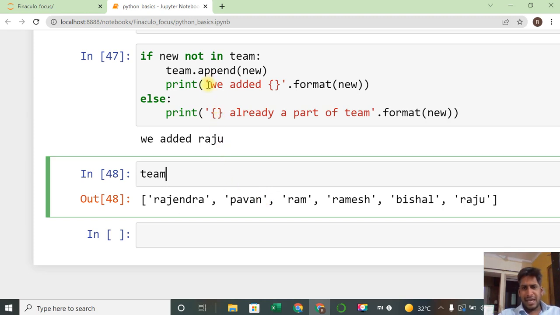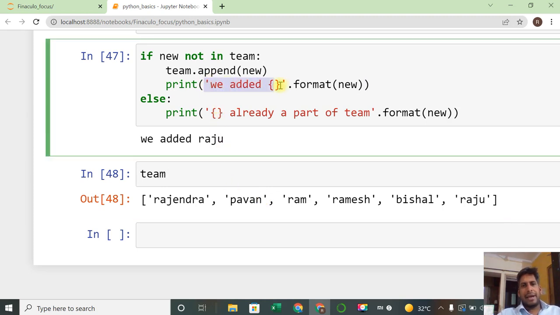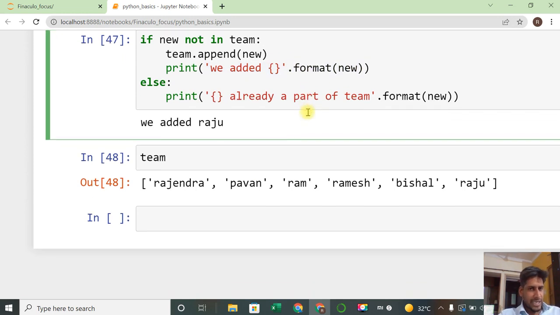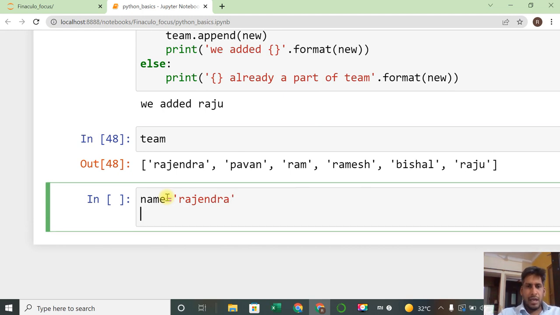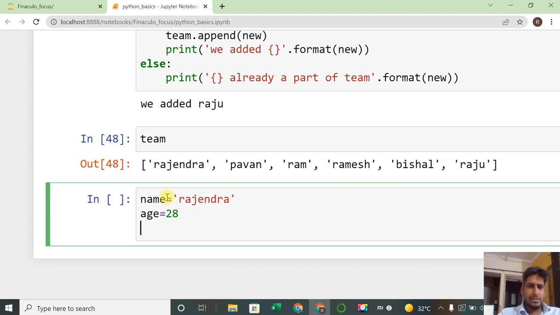In the previous session, I ended here, where I explained how this formatting works. If I have multiple values, can I insert them? Yes, we can insert. For example, I have one name, Rajendra. I have an age, 28. I'm just giving these randomly. Okay, location